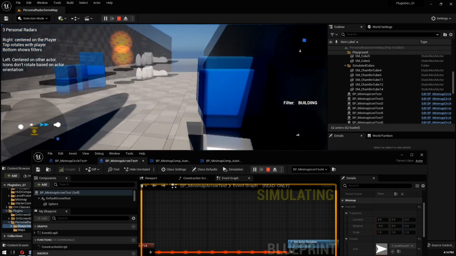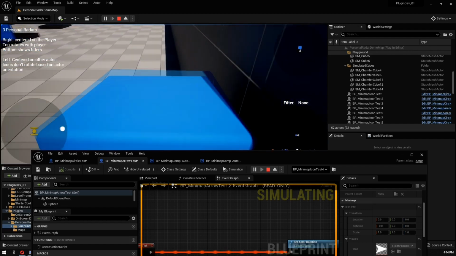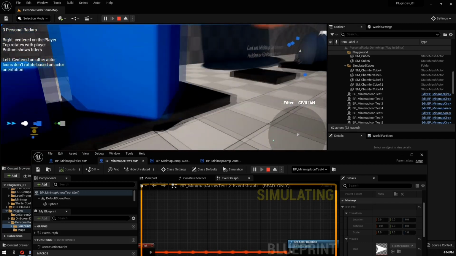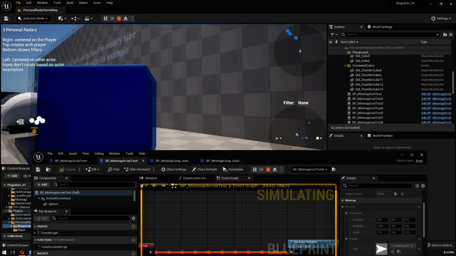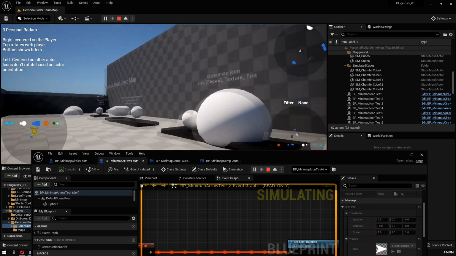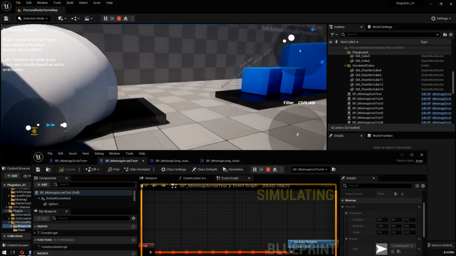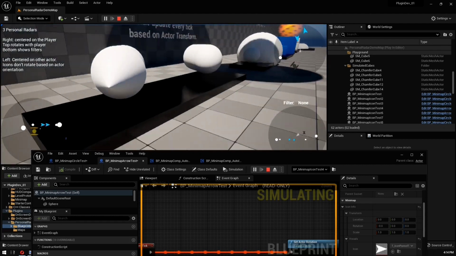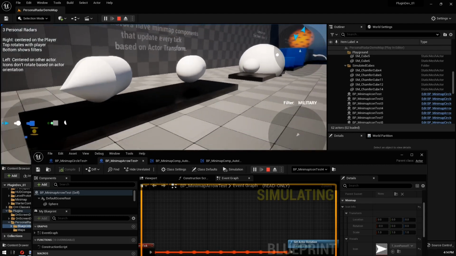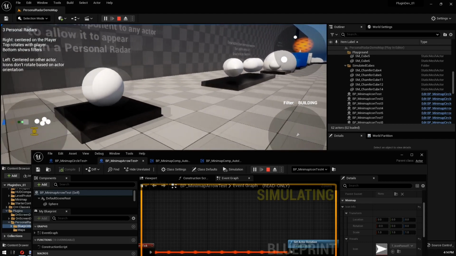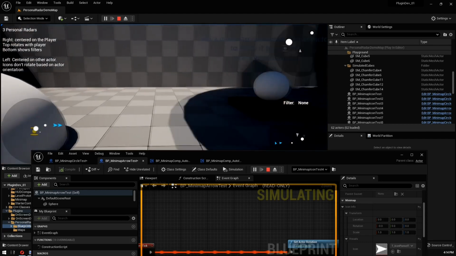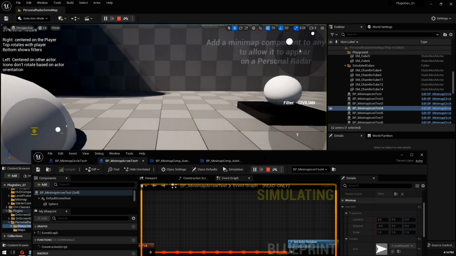And yeah, same technique is used on these boxes. It is a white icon, but with a blue tint applied to it. And I highly recommend that method, because then if you have things that change colors or units on different teams, then you can change the tint color to change how they appear on the personal radar. And that only works if you import a white icon. So anyway, moving down the line,